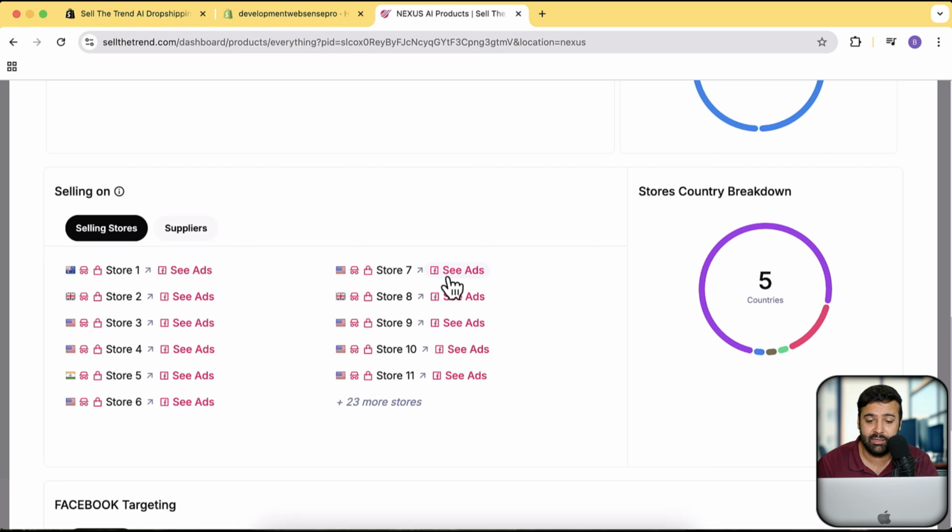And we also see this ads. So if we click on any of the see ads button, it is going to open the Facebook ad library and show us what are the types of ad they are running. So we can also get some inspiration of the type of ads which we should create. So if I click on see ads here,